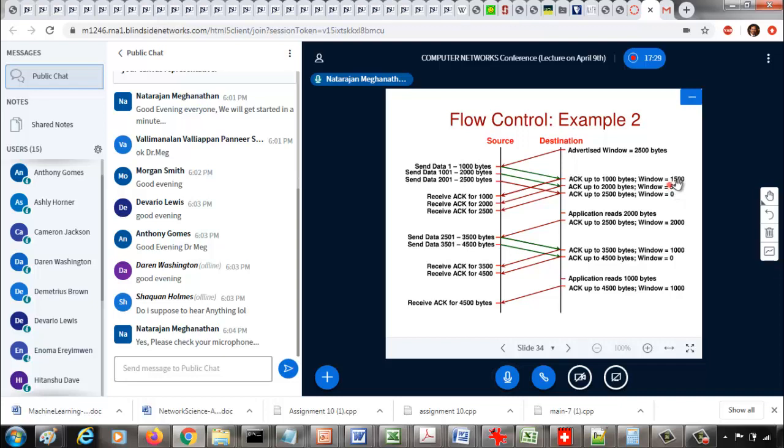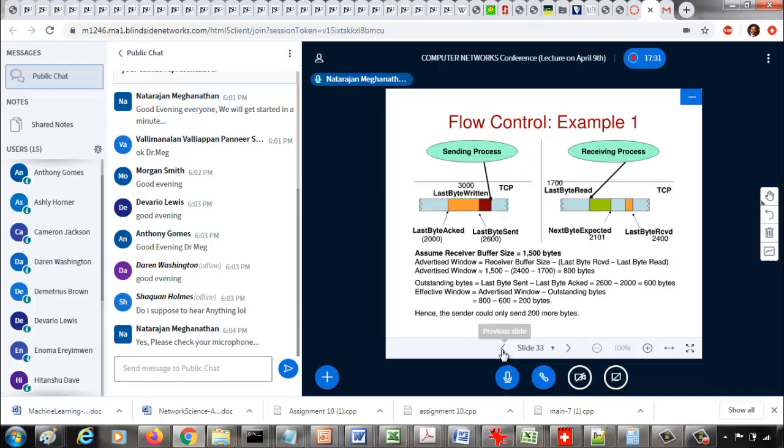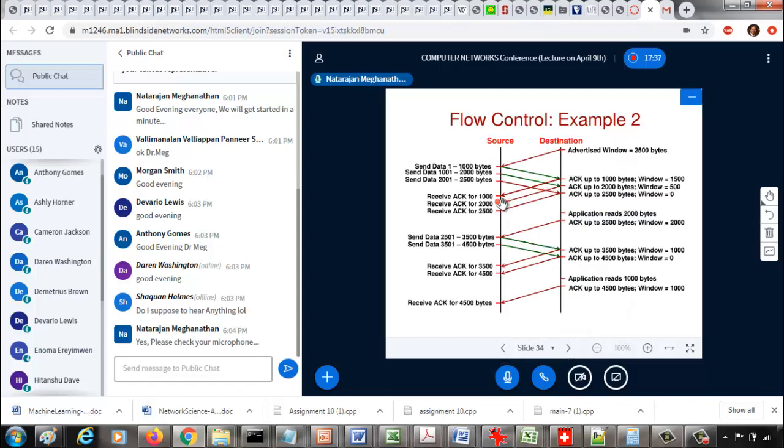So it will do 1500, the advertised window, minus the outstanding bytes, which is also 1500. So it is 0 bytes. That is what is called the effective window size, which is how much more the source could send, which is 0 bytes. So that's why after receiving the first acknowledgement, the source doesn't send any new data, it just keeps quiet. Now meanwhile, the second data packet makes it to the destination, and the destination will now see it